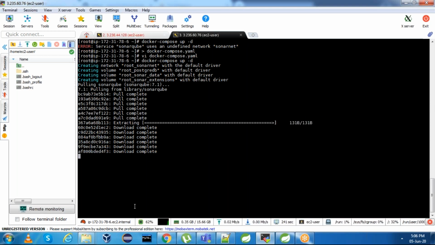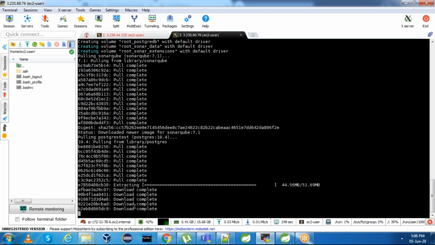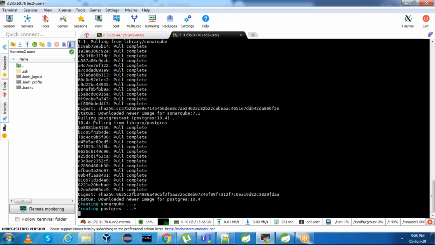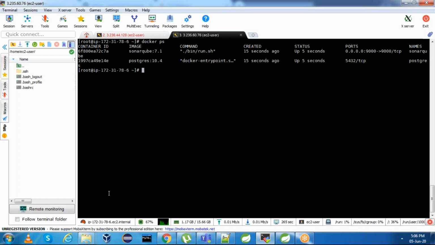I thought it was a mistake, but the issue is networks has not been defined. The YML I previously used is wrong. Now I updated that. I think it is pulling both the images and it creates both the containers. Perfect. Now see docker ps, both the containers are up and running.